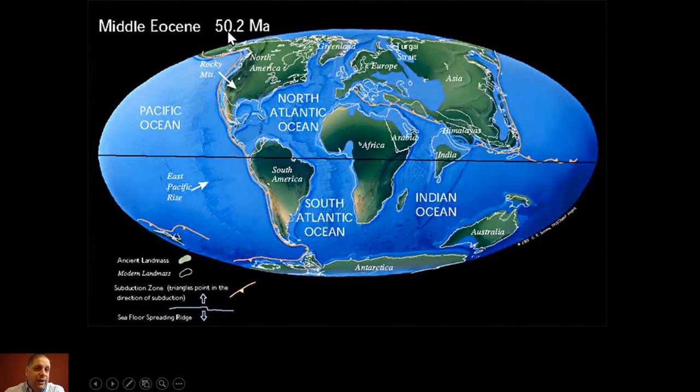Now we get to 50 million years ago. This is the Eocene. This looks very similar to what we have now. Antarctica and South America have separated. We have opened what's called the Drake Passage. Now water from the Pacific and this part of the Southern Ocean can flow. So actually the water from the Pacific can flow into the Atlantic Ocean, and we now have something called the